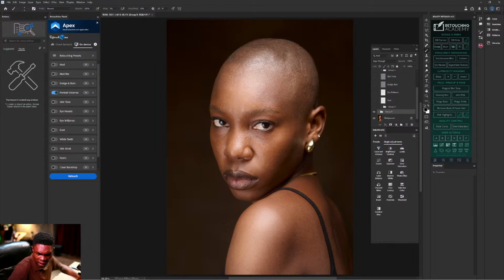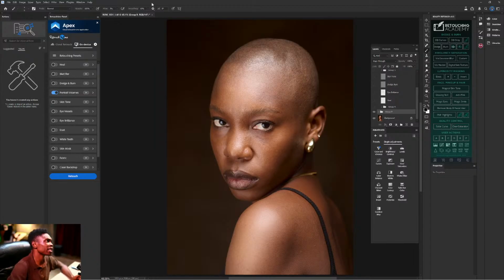Don Max asked a question: what's the opacity and flow you use? Sorry, I'll take Don Max's question. For anything I do with a brush, dodge and burn, even cleaning eyes or whitening teeth, my opacity is 100, but my flow is 3. The reason is so I can control my strokes.